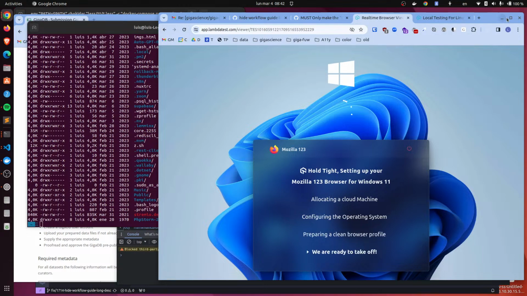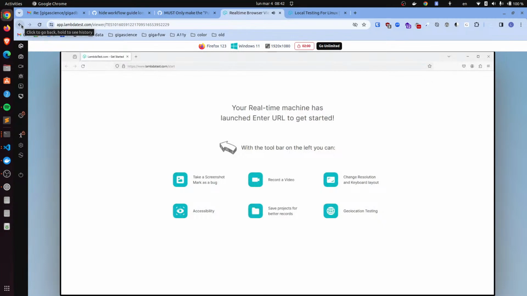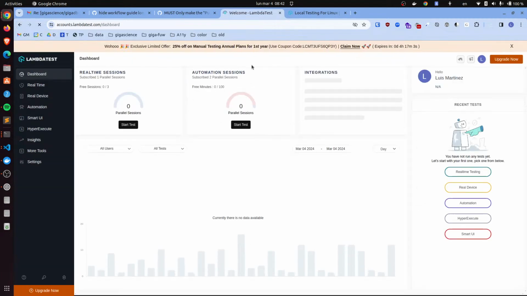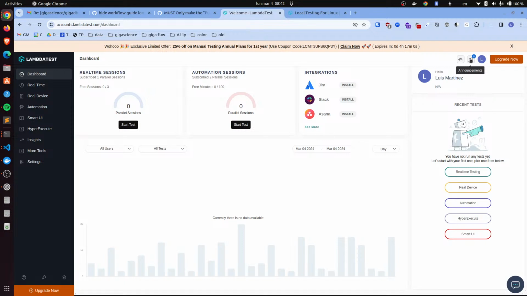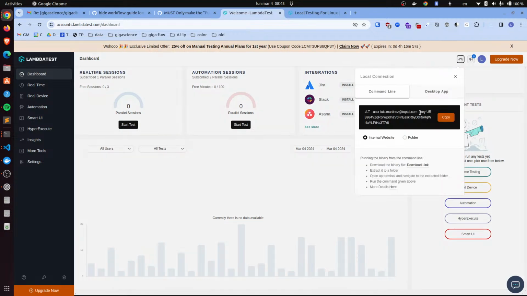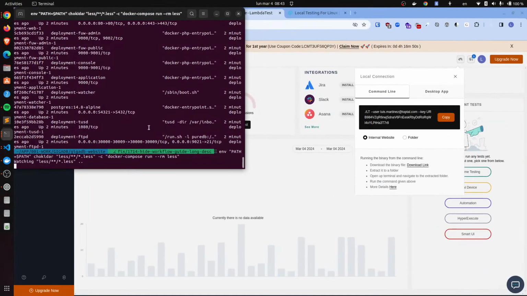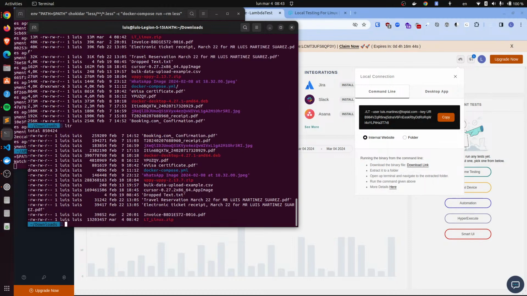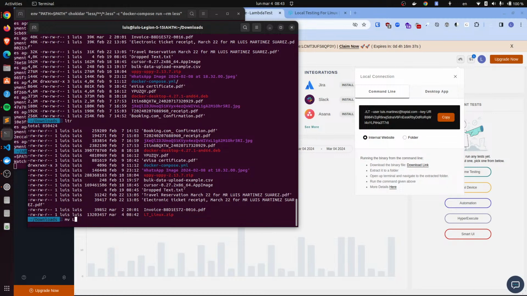No. Wait a second. Okay, let's. I have to have the download thing. Oh, it's this, Linux.